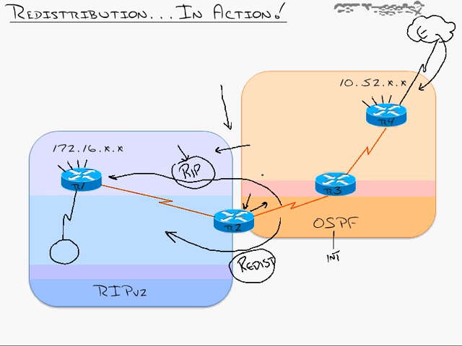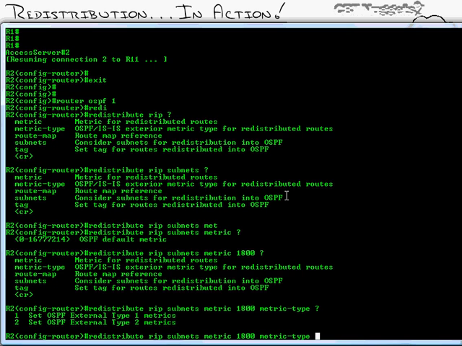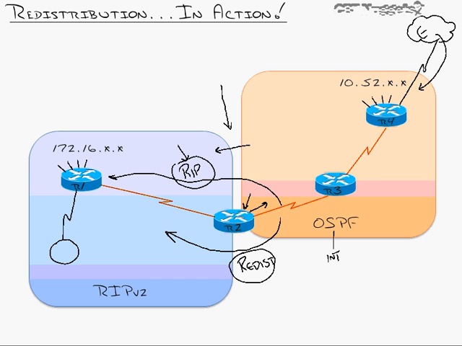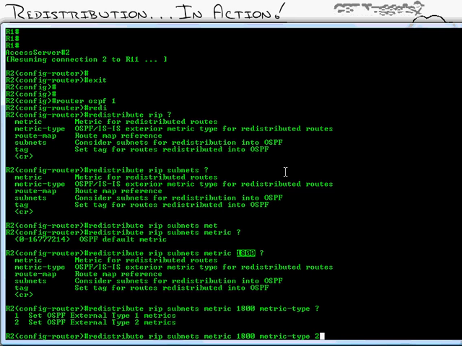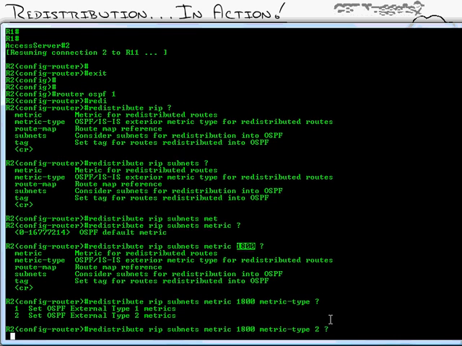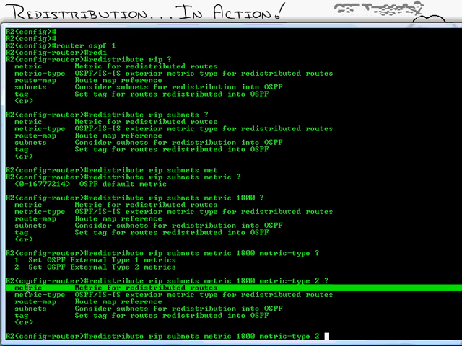That's a lot of times a good option, but sometimes, if you only have a single path to go there, you might choose the default, which, if you don't type in metric type, it will choose a metric type of 2, which means it will come in as 1800 as your metric, and it will stay 1800 as it goes throughout this entire domain. That might save you a few processor cycles because it doesn't have to keep adding those costs. And since there's only a single path to get there anyway, what's the point of really adding up all those metrics? You've got to go that way, so we might as well just say it's 1800 all the way across. So that's what we'll do in this case. We'll choose a metric type of 2. So we've set the metric